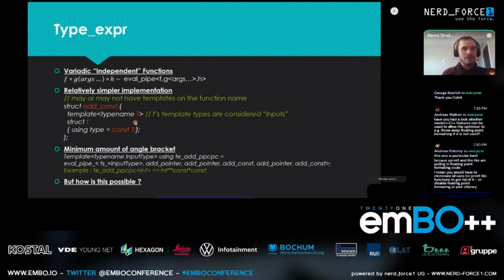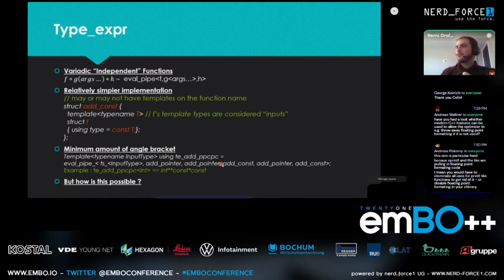It's a little bit more complex than what you're used to with the standard meta function, but it's very similar. So, if I want to do this pointer const, in my case, it's eval pipe ts of input. I need to explain what is ts. I'll do it later. And after that, just a schema separated templates arguments of those meta expressions.